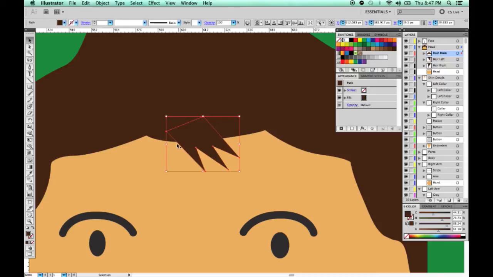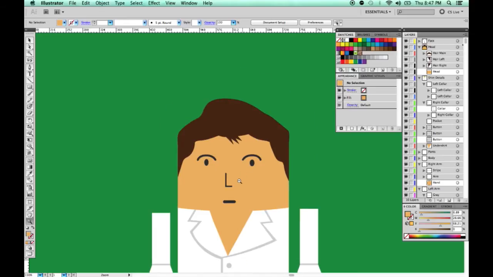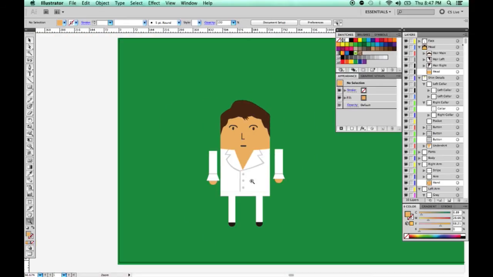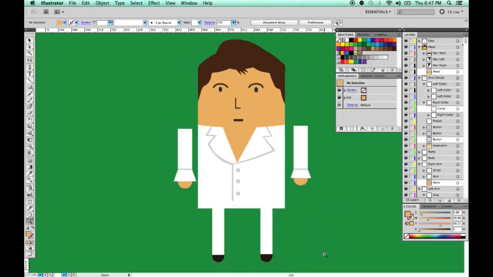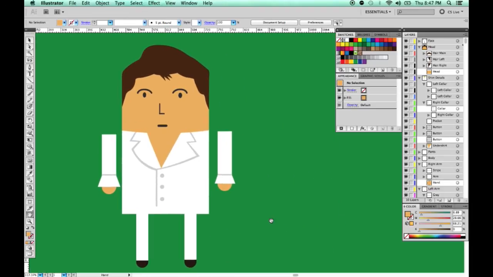Alright, and so no one else can see that this shape ends right there. It all looks continuous. If someone were to watch this little animation, it looks like a continuous piece. So that's the secret to Illustrator, kind of hiding what's really going on in the shapes there. Okay, so there's the Elvis character. It could use a lot of work, but